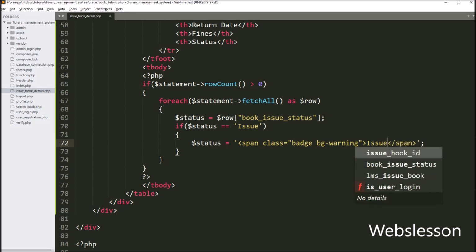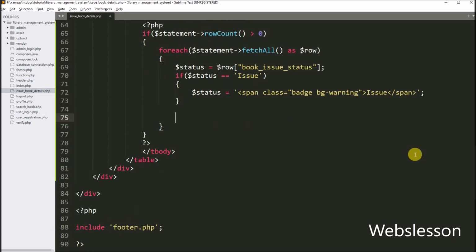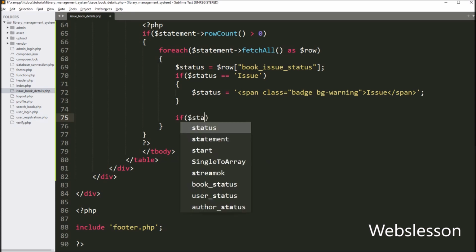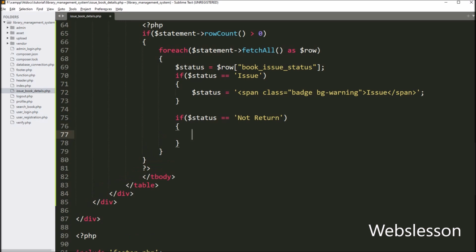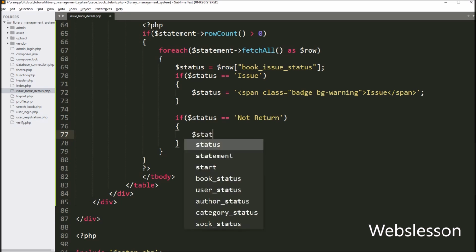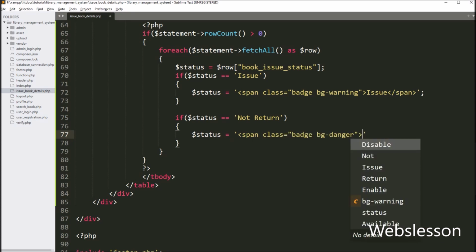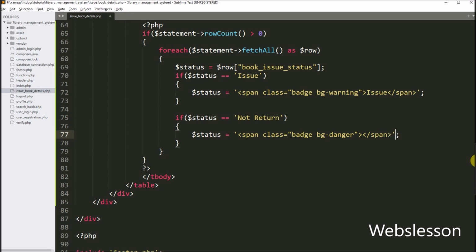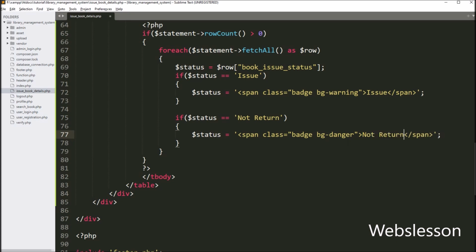Between this span tag, we have to write issue, so it will display issue text with background orange color. After this, we have to write if statement, and under condition, we have to write $status variable is equal to not return. Suppose this condition is true, then it will execute this block of code, and under this, we have to write $status variable is equal to span tag with class is equal to badge and background danger class. And between this span tag, we have to write not return, so it will display not return text with background